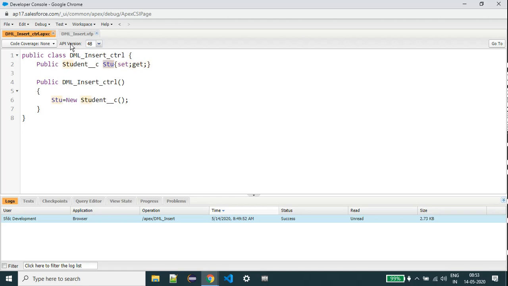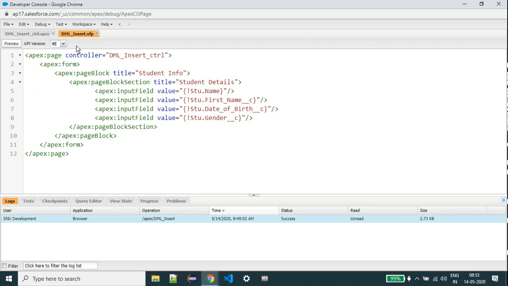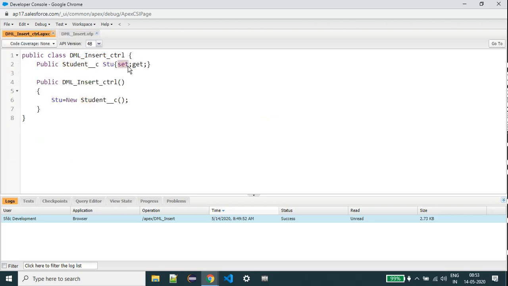We are unable to use it at the Visual Force page level, that is, at the UI level. Okay, so set and get methods are important. The same concept we can use in Lightning also. In Lightning also we have set methods and get methods. So mapping the data is called set, and again getting the data is called the getter method: set and getter method.